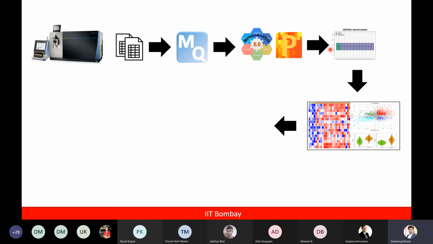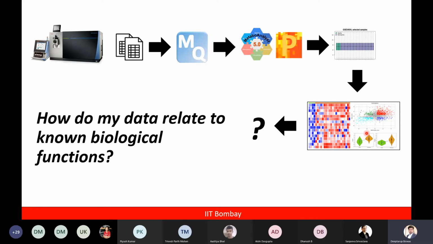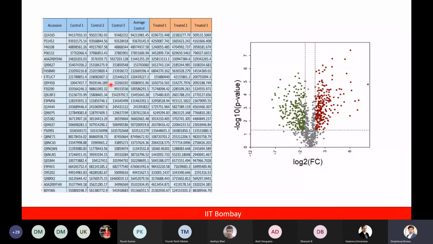And after doing the statistical stage, we have learned how to visualize the data using heat maps, different correlation plots, and violin plots, right? But after doing all this also, we couldn't really understand how my data relates to the known biological functions, right? So after this analysis, what we got is some data, for example, the